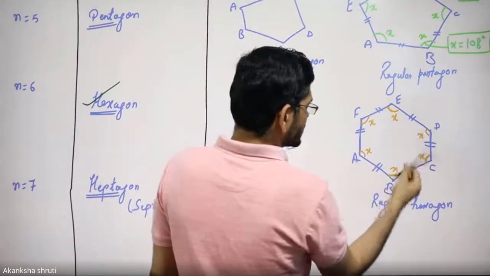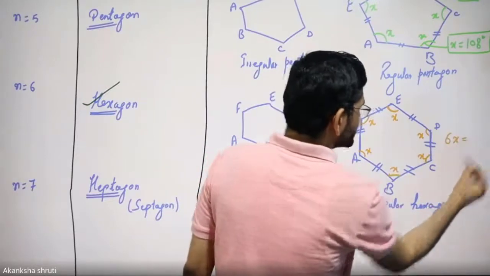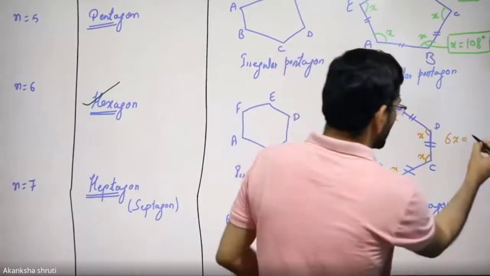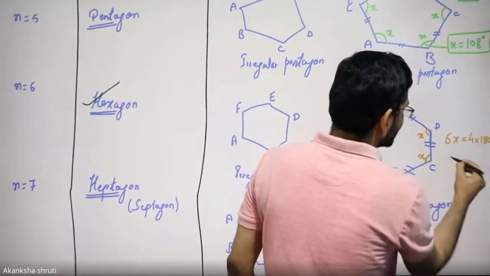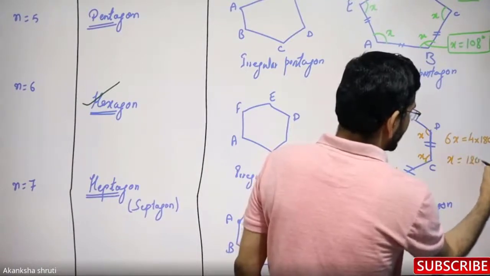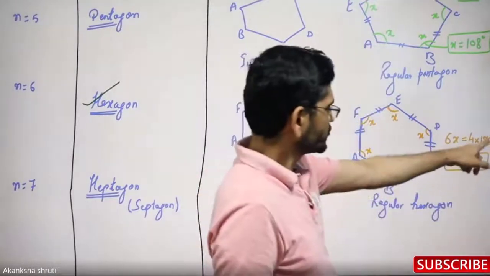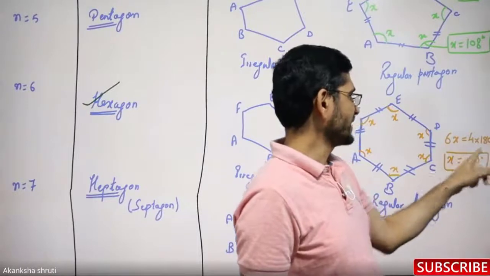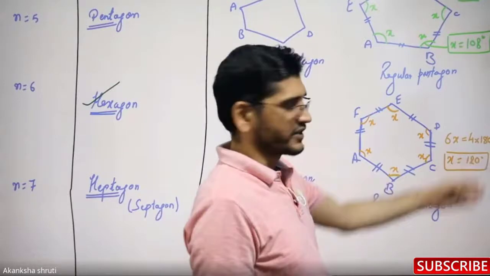In this case, the total internal angle is 6 in number, so 6x is equal to n minus 2, so total 6 minus 2 becomes 4 into 180 degrees. x can be calculated very easily and it will come as 120 degrees. Okay, students? x is equal to 4 into 180 by 6. You can cancel it, it becomes 2 and then 3, so 3 twos are 60. Then it is 120. Okay, students?